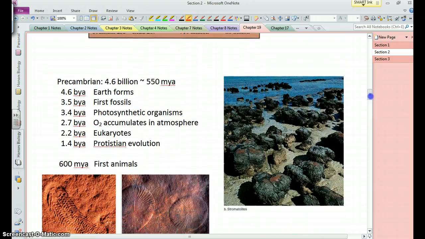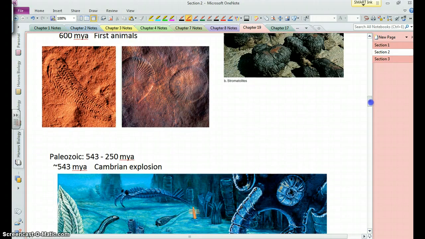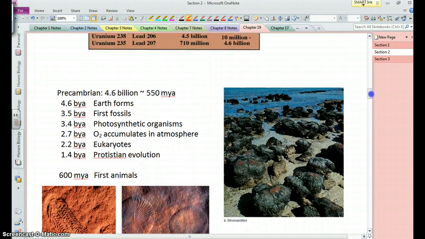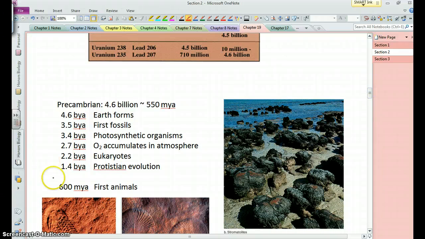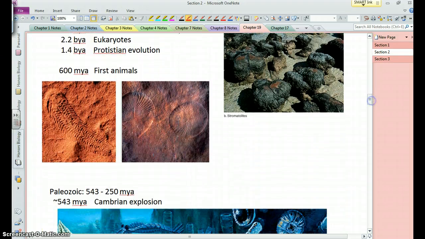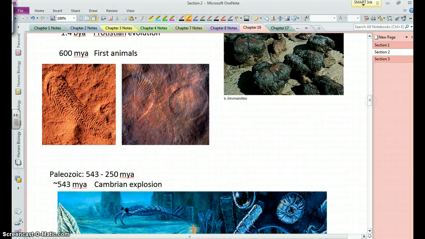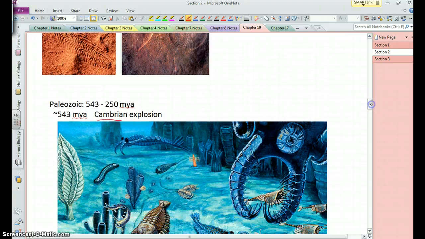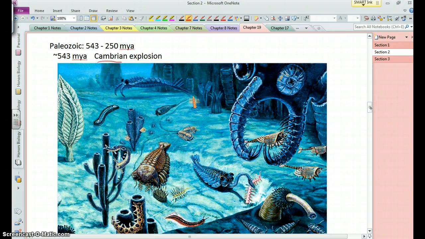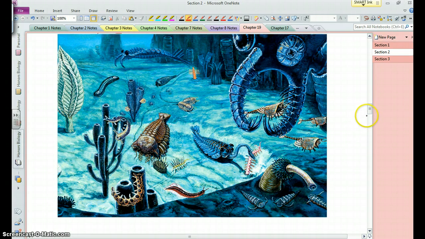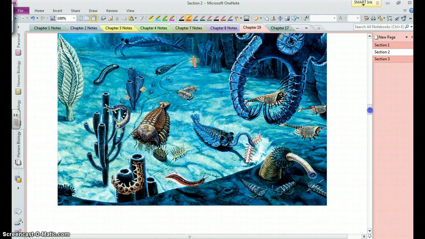And so, just go through time here a little bit. This is what's known as the Precambrian, this early stage in Earth's history where we have, of course, the formation of the Earth, the first living things, and the evolution of these simple living things. But when we get animals, we start to enter what's known as the Paleozoic, in particular the early Paleozoic known as the Cambrian, when we had the Cambrian explosion, when many types of new animals evolved in a fairly quick time period. That is quick in terms of the geologic record.